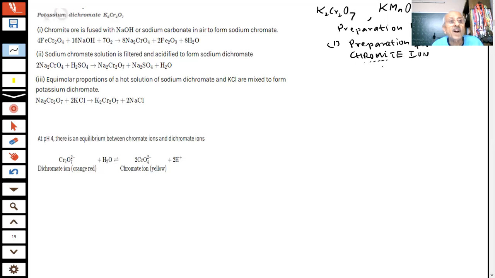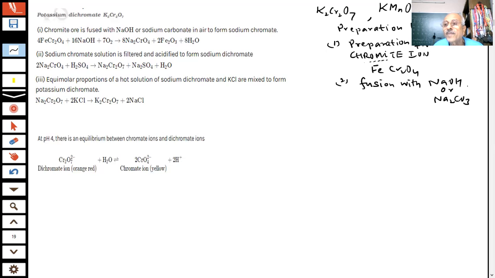There is no other way out, we have to learn these things. The chromite ore is FeCr2O4. So what will we do with the chromite ore? What you will see is a fusion reaction. Fusion with alkali, NaOH or